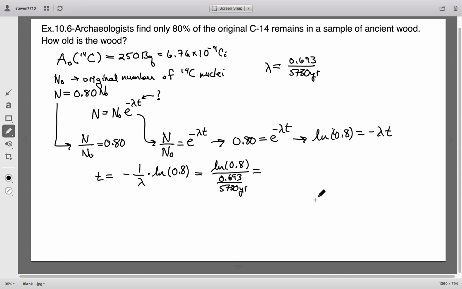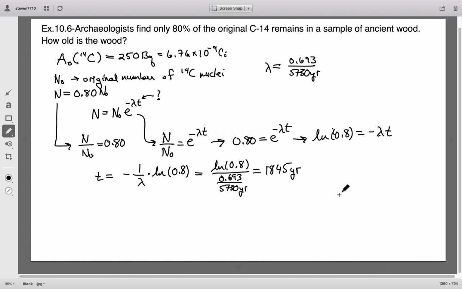Make the fraction less complicated, solve it, and you get 1,845 years. The book points out that it can be plus or minus 5%, so it could be plus or